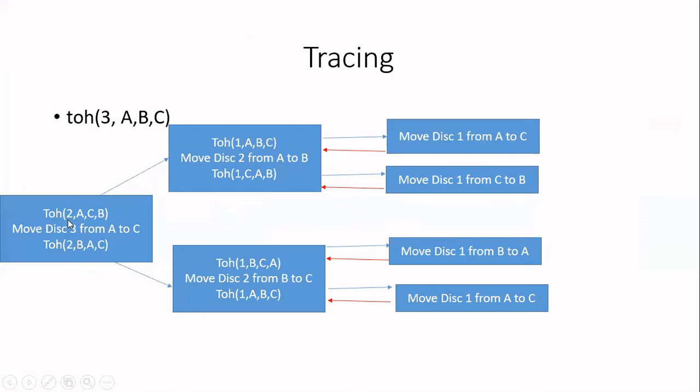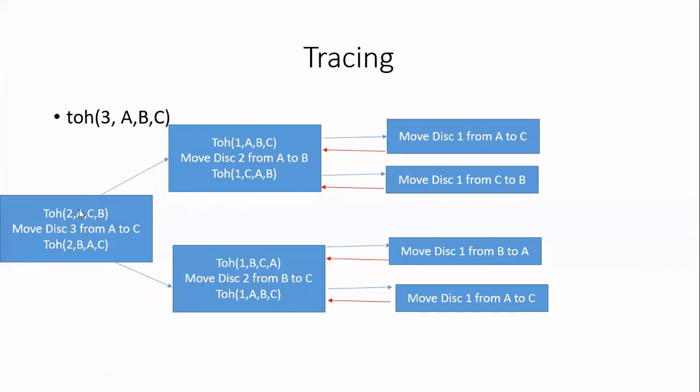First, you are going to move n minus 1 disks. So here I am writing n minus 1 is 2. From where I am going to move? From the source to the auxiliary. So here, what is the source? You write the source. A is the source, so I am writing that. Then in the second part, you have to write auxiliary, because you are going to move to auxiliary. So what is auxiliary here? B is auxiliary. So that you have to write as the destination.